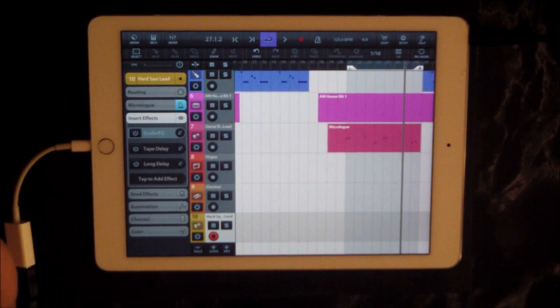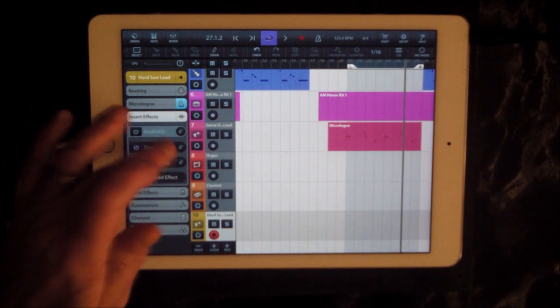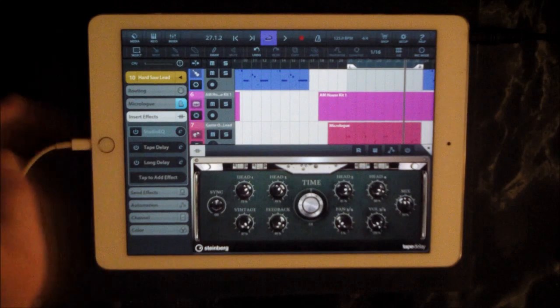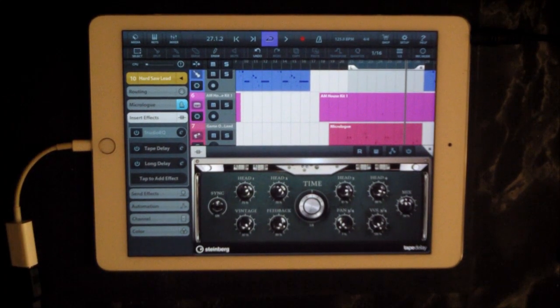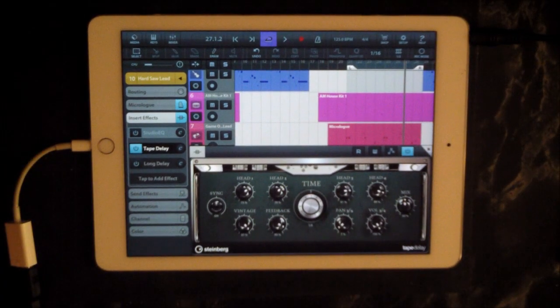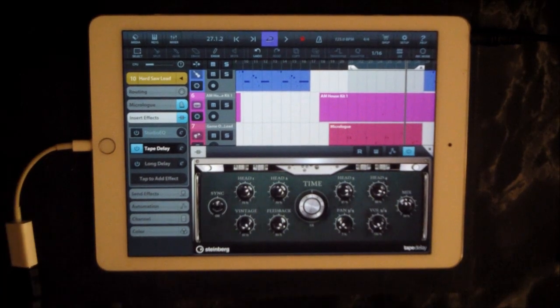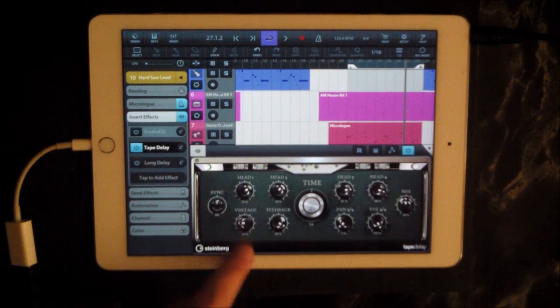I could do 2 different effects for this as well to show. I think you've basically seen them anyway, but the first one here would be the tape delay. Here's the sound we're going to use. It's basic, just the lead sound. I love this tape delay. I've got it like vintage, but